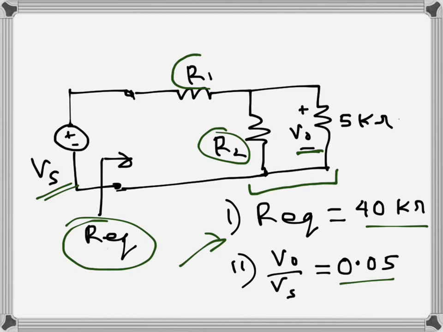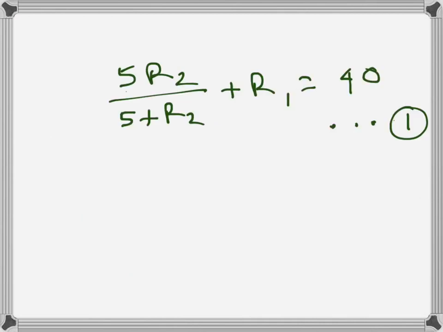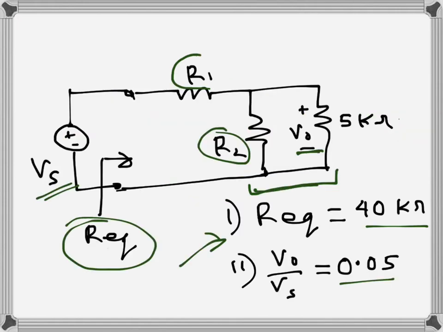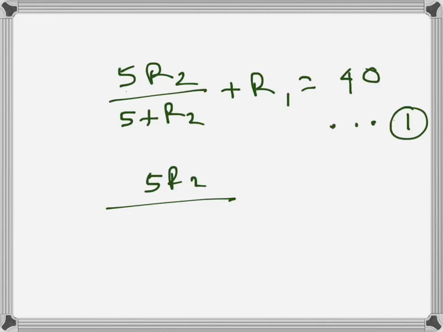Then we have V0 over Vs is 0.05. So V0 will be, of course, the parallel resistance, so that's parallel equivalent divided by, so if we just think of voltage divider rule, V0 is the voltage drop across this parallel combination, and Vs is the total voltage, so voltage drop across R1 and the parallel combination. So we can think of voltage divider rule. To explain it a little more,